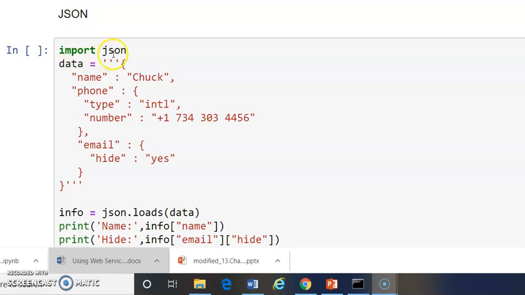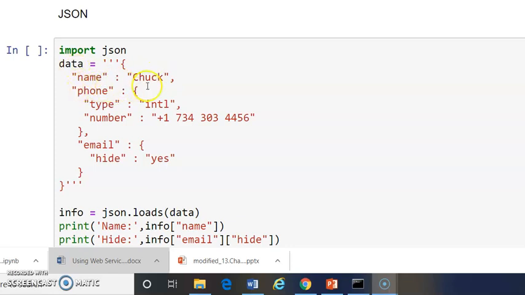So we need to import json. We are storing this string with curly braces, the name. The name, phone, all those things were tags over there. Now here it is as a string. You can observe the colon. So it's all key value pairs. That's why the format is similar to a list and dictionary.